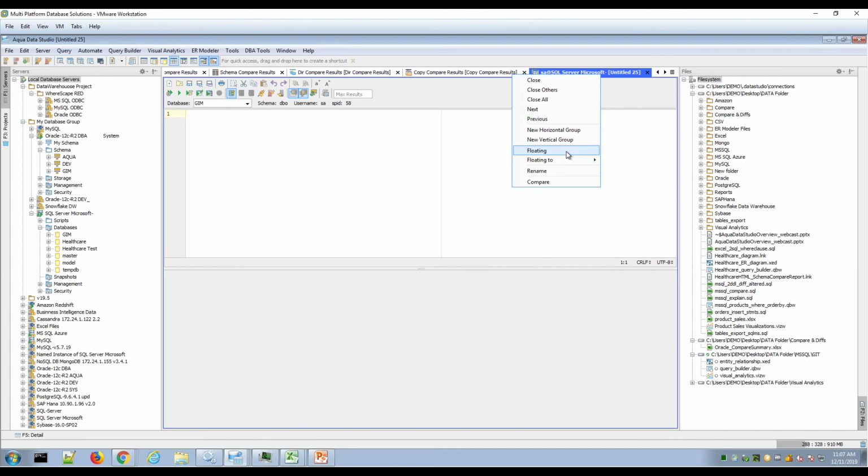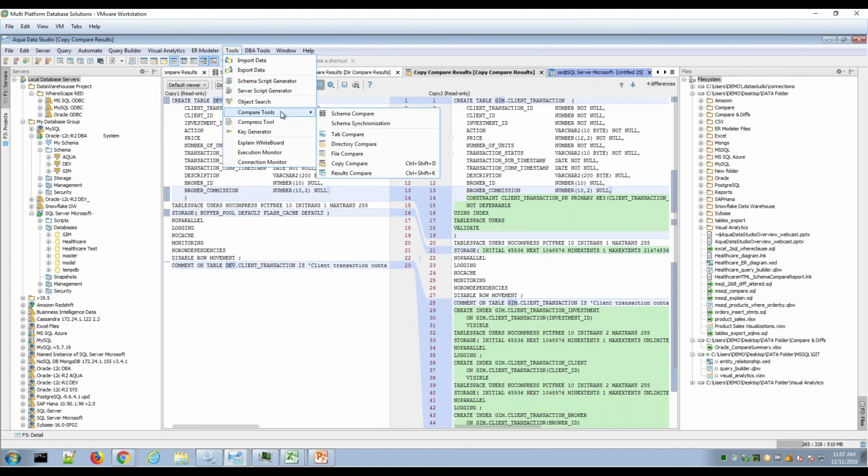So we'll introduce some of these right click menus, and specifically here you can see there's an example of the compare that's a bit hidden on one of the tab right clicks. So we'll introduce driving from the compare menu. And Aqua is almost 20 years old now, so it's really been driven by end users over the years. And this compare tools list has grown. Really, it warrants its own primary menu. But with the loyalty of our users, there's a balance of not moving things around too much and making the interface